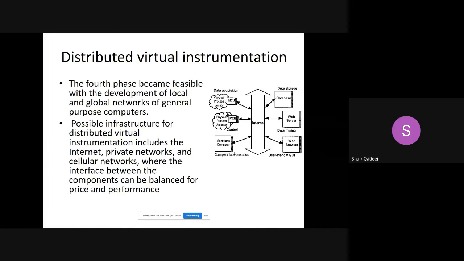If something I am saying is wrong, please excuse me, but understand what we are doing here. What we are doing is some sort of operation which needs some sort of instrumentation, which needs data to be acquired from these two different places. For that type of application, distributed virtual instrumentation is needed. Hope it is clear to everybody. Yes, sir. So distributed virtual instrumentation is possible because of the availability of network, in particular the internet.